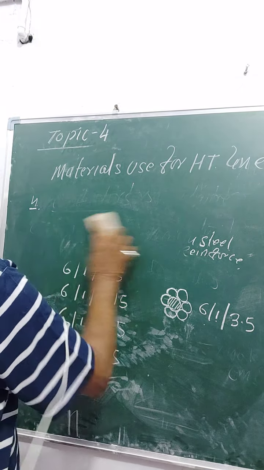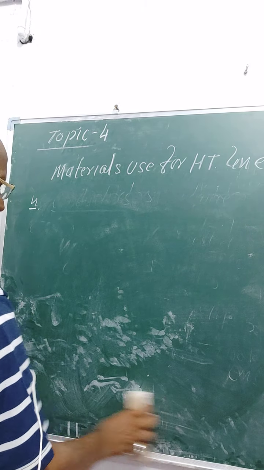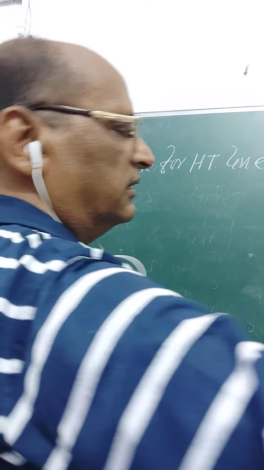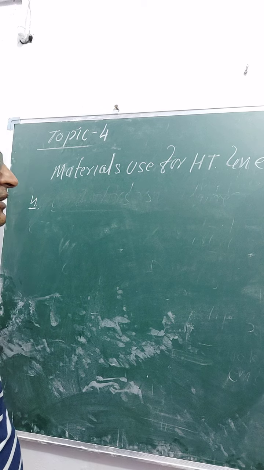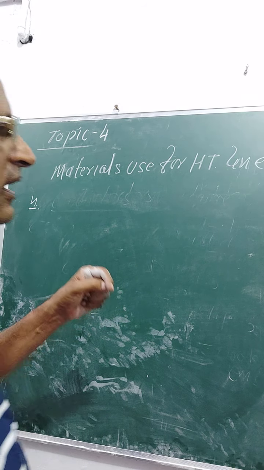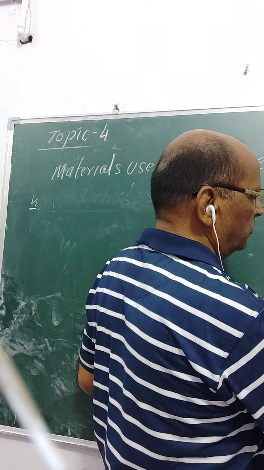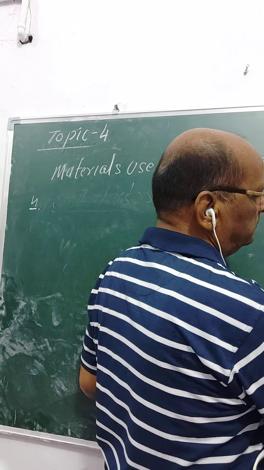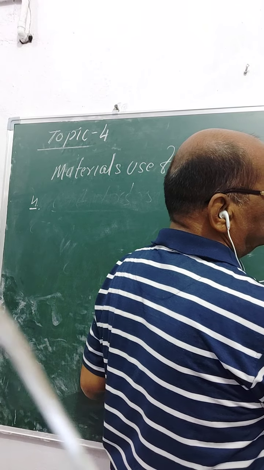Then next item we use for HT line is the bracings. So bracings are used with all types. Normally in bracket cross arm we use bracing of the same angle iron. This is made up of angle iron or channel iron. So there are two sizes available, into 6.3. This is angle iron.